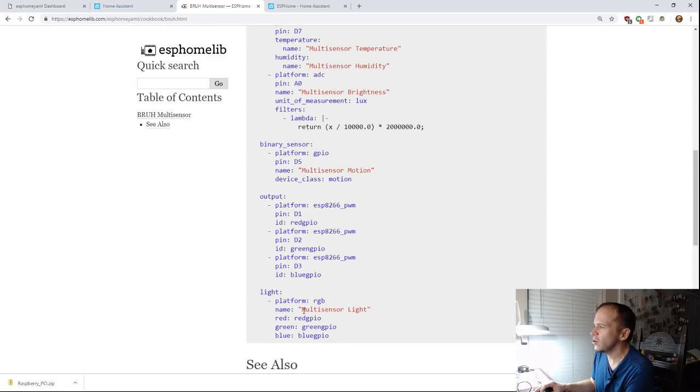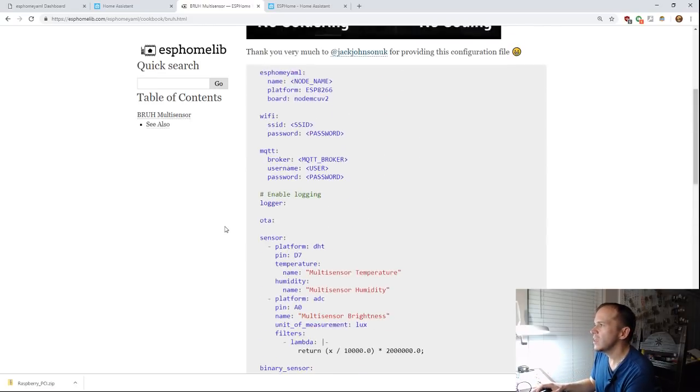And once I saw what they were trying to do, you have to do the output in the PWM. And now this is the 8266, which I went in and changed. And I saw that you were tying in the ID, the green GPIO, and you were saying, okay, green uses this and it ties in. Once I saw that, it connected for me.